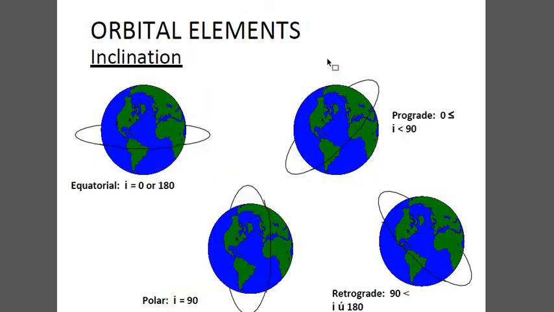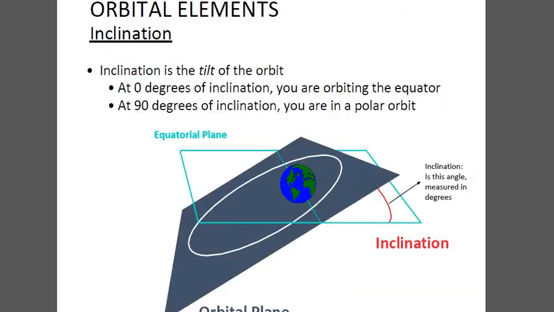Here we have a proper figure for the inclination. At the equatorial, if I equals 0 or 180 degrees, your orbit is properly equatorial. Then if 0 is less than I is less than 90 degrees, from 0 to 90 degrees, your orbit will be prograde. Then if I equals 90 degrees, it is exactly at the polar axis. As I have already said, at 90 degrees of inclination you are in the polar orbit, and at 0 degrees of inclination, your orbit is at the equator. Correct?